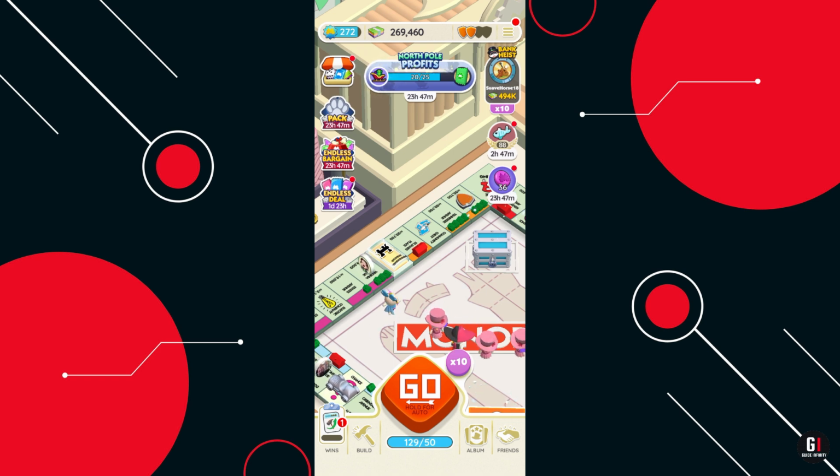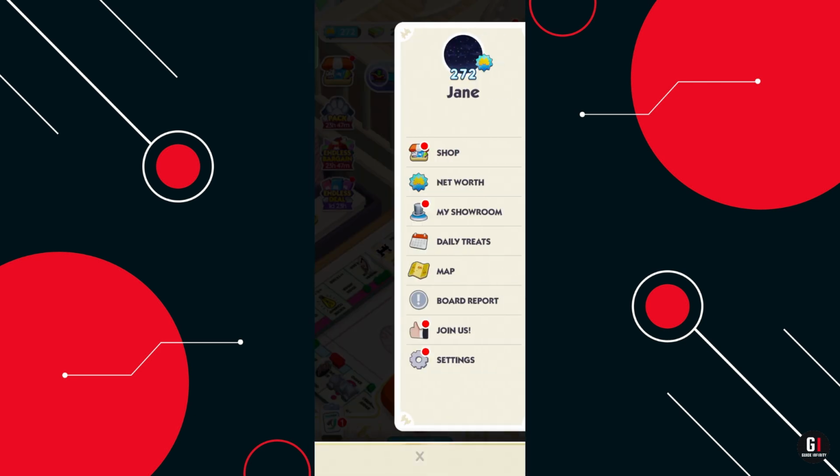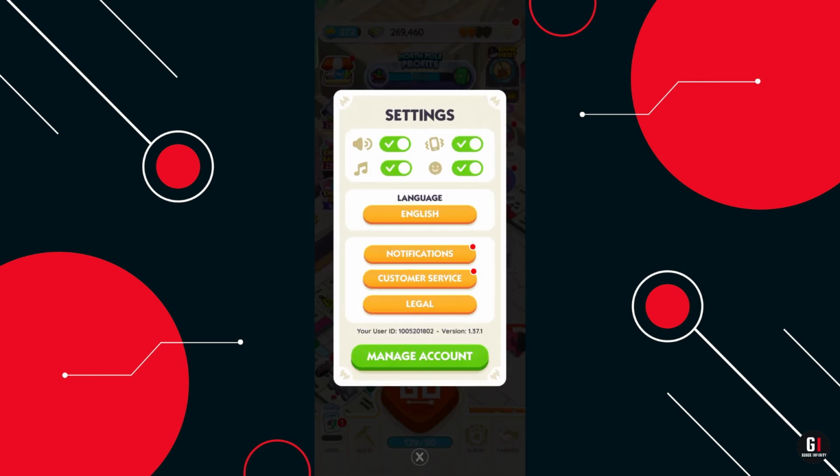So here we are on Monopoly Go, and to permanently delete your Monopoly Go account, the first thing you need to do is open the app and log into your account. So once you're logged in, go to the top right corner of the screen and tap the three lines to open the menu. So from this menu, select Settings, and in the Settings menu, look for the green Manage Account